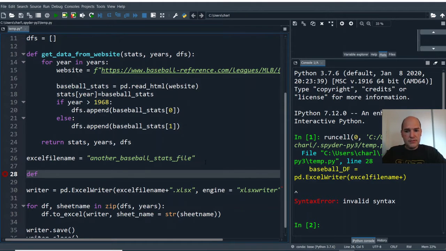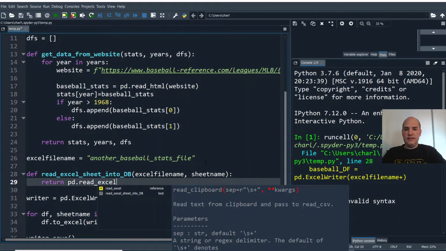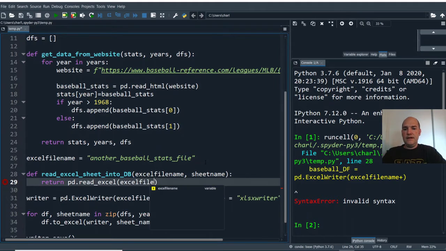And this definition will probably seem silly, but I like to do it this way. We'll call it read Excel sheet into database. And we need to pass into it the Excel file name and a sheet name. We have to have a colon after our definition. And our definition will just be one line. Return pd dot read underscore Excel, and we will need to pass into it the Excel file name